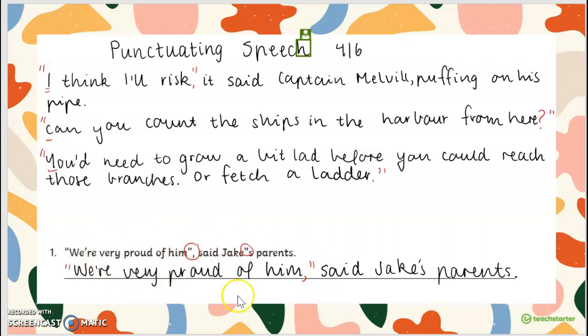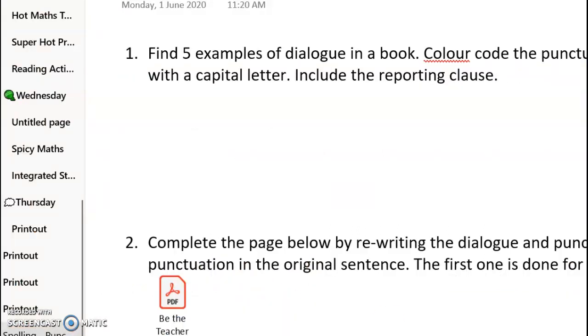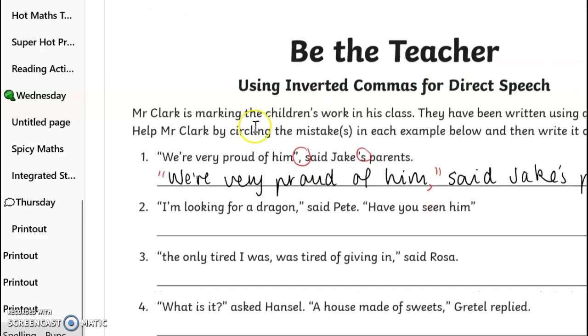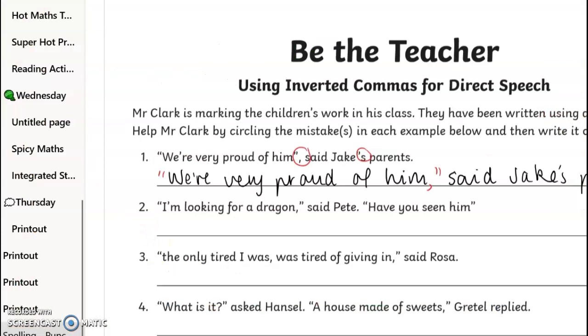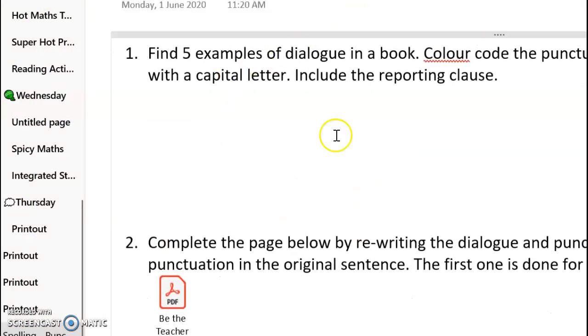Then your task in your OneNote looks a bit like this. You will have a series of sentences, and you need to circle the incorrect part and then rewrite it correctly. So I've done the example there. I've circled the incorrect part. You can see here that the comma is outside the talking marks. That's incorrect. And they've used the talking mark instead of an apostrophe for the ownership. So that is your spelling/grammar task today. If you like, you can find your speech in OneNote and just type it out in there instead of taking